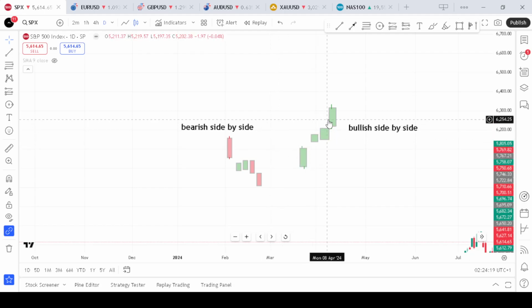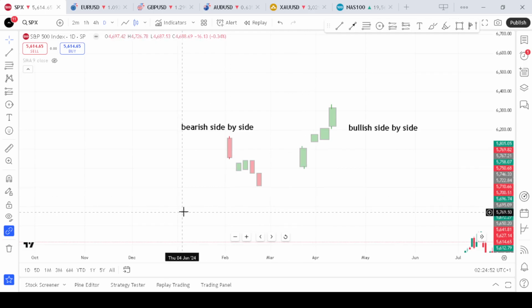The pattern forms in an uptrend and consists of three white candles, which are the three green candles we can see here. The first candle is followed by two more green candles with similar opening position. It creates a gap above the first candle. So after the first candle, you will see a gap before you see two side by side bullish candles. This formation indicates that buyers are confident and the uptrend is likely to continue,